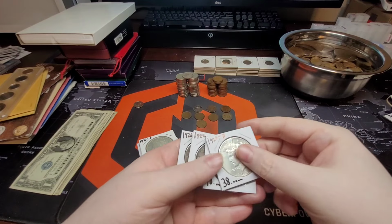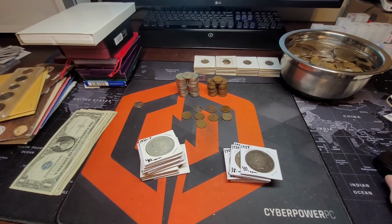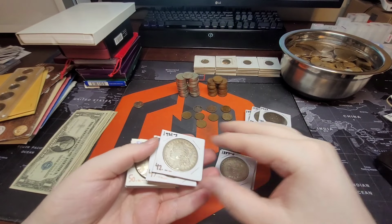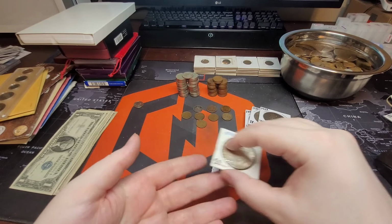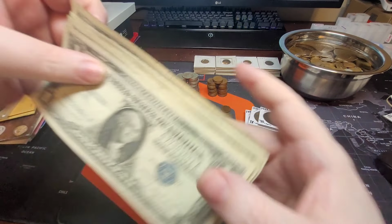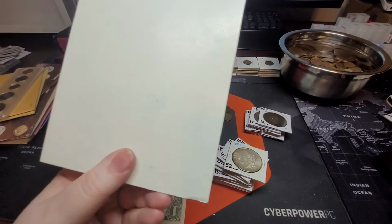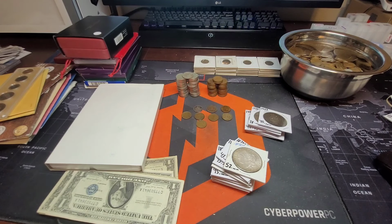Peace dollars. 25, 50, 75, 100. 25, 50. So $150, plus I give all these Morgans a $30 value. 30, 60, 90, 120, 150, 180, 210, 240, 270, 300. $300 plus, we'll do $20 here, plus the Silver Bicentennial set. So that's $30, plus